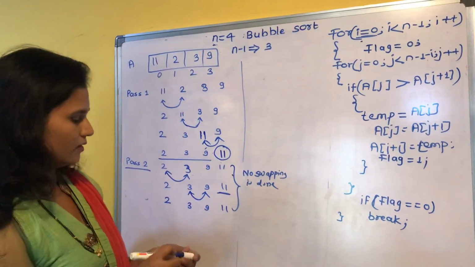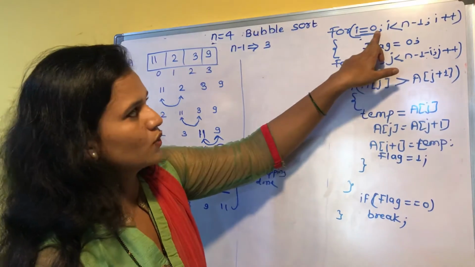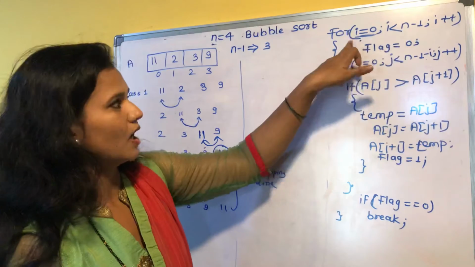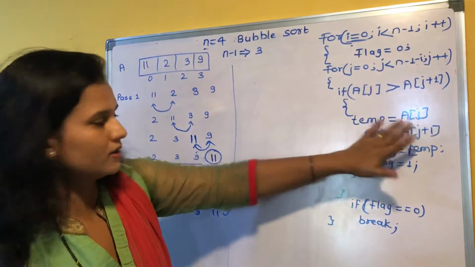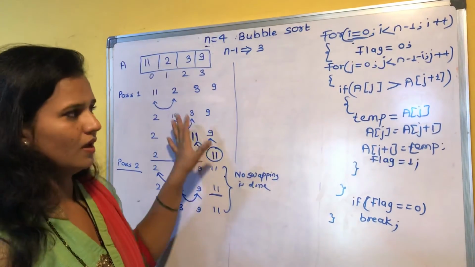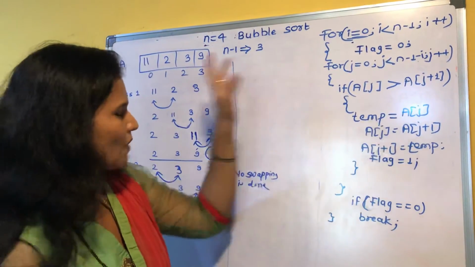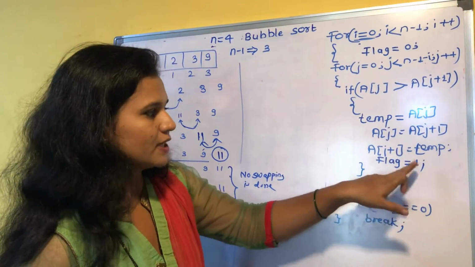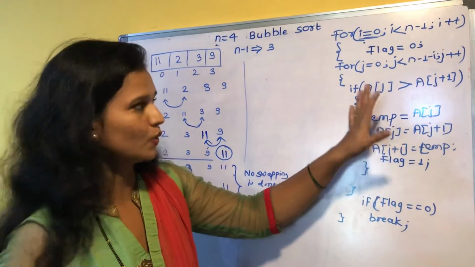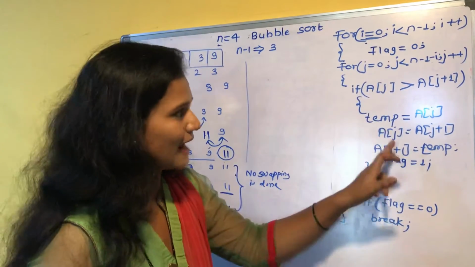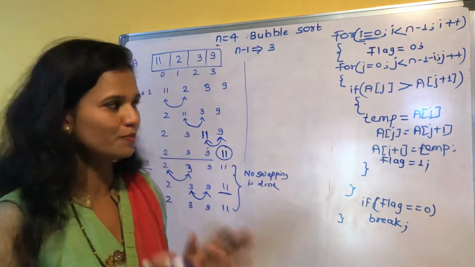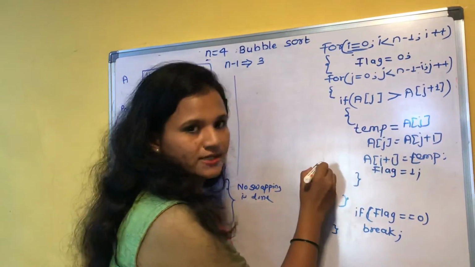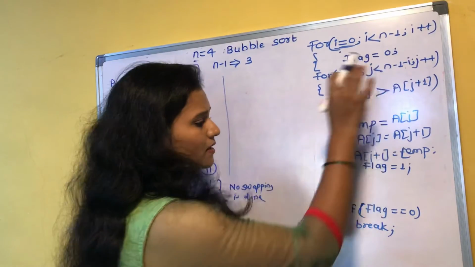See here, i equals 0, i less than n-1, i plus plus, flag 0. Now in pass 1 this will be done. Whatever the swapping, whatever the comparison, all of that will be done. If swapping is needed, the flag will be set to 1. And if the flag is set to 1, it means we'll go for the next pass. But if swapping is not done, in that case the flag 0 will not be changed, because we will not enter into this if block. So in that case the flag remains 0.